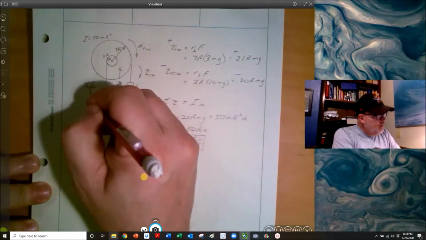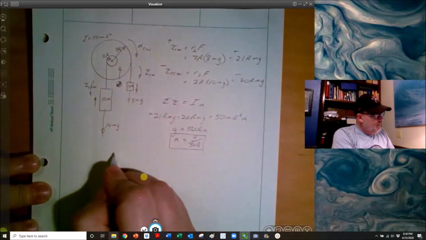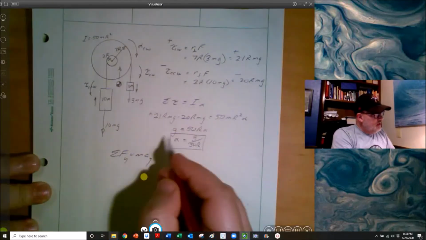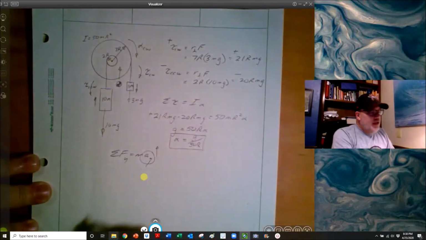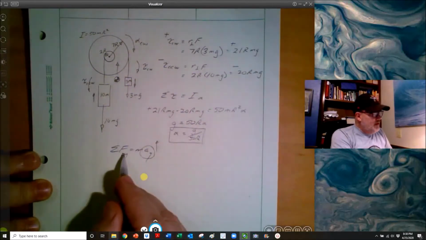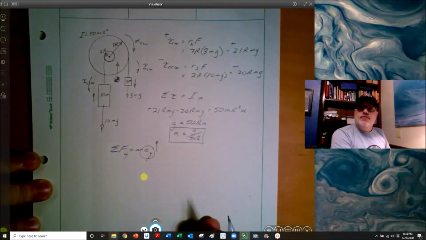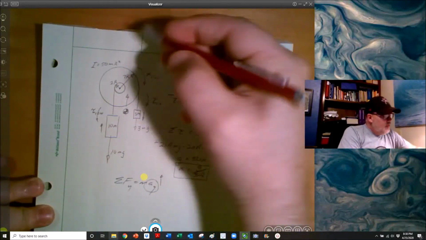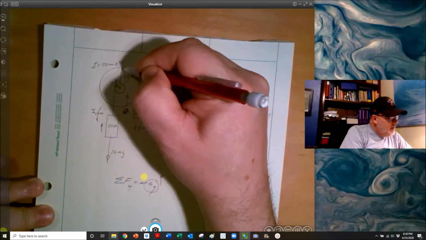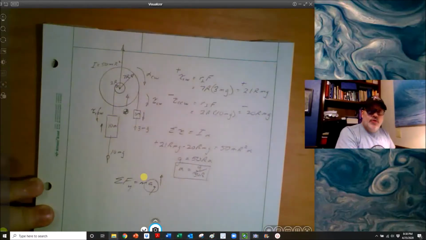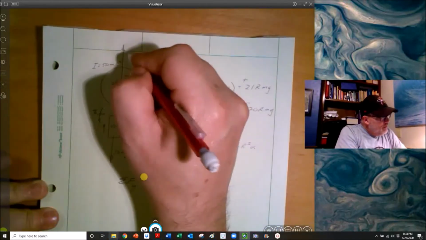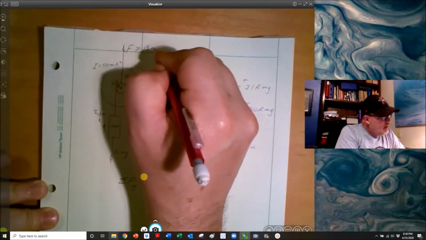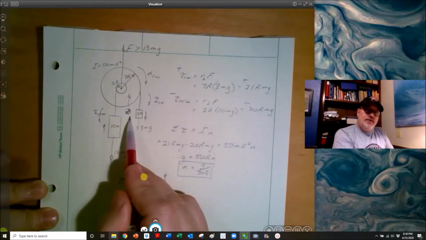This one's going to go down, this one's going to go up. So the sum of the forces equals ma in the y direction. Since our mass is going to be accelerating upward, we need to have a net force up. Where does that force come from? Well, that force comes right here. We didn't draw this one in my free body diagram. There's a force here, upward, on the axle. And this force upward must be greater than 13 mg, so that the net mass of the